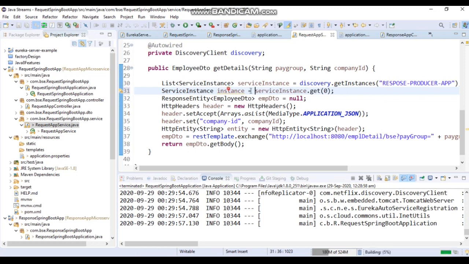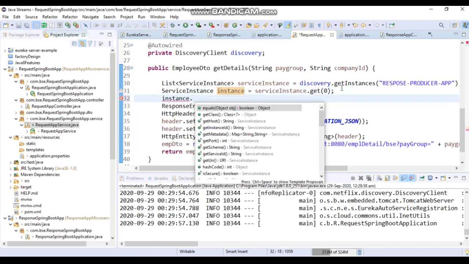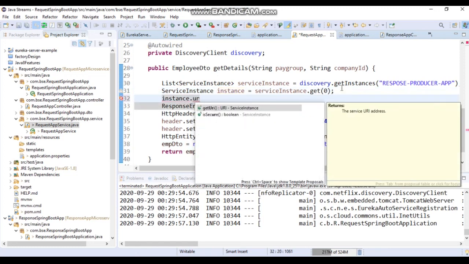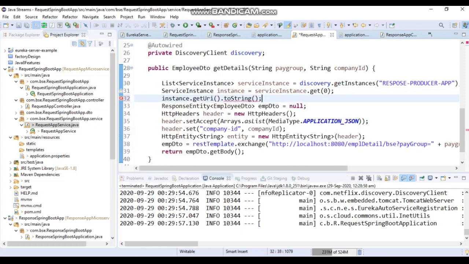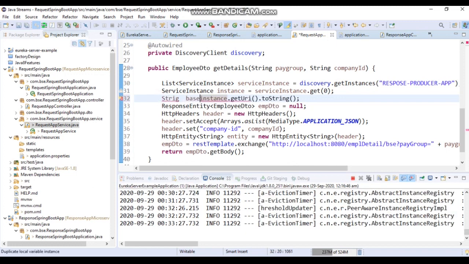Then we convert this instance to an actual string URL, so getUri dot toString. Then we'll get the string, so we'll assign it to a String, and name it baseUrl.